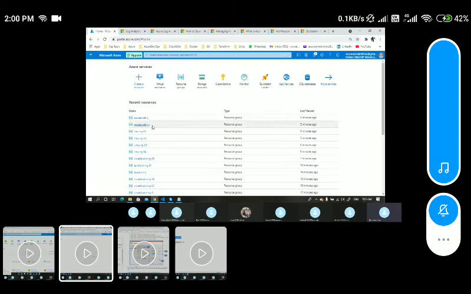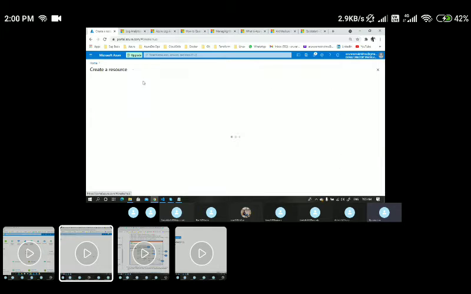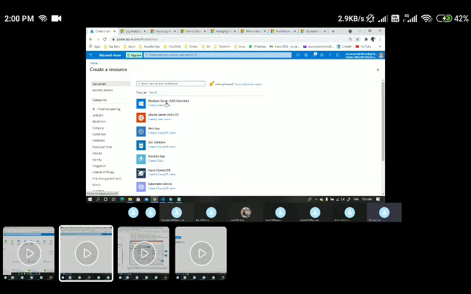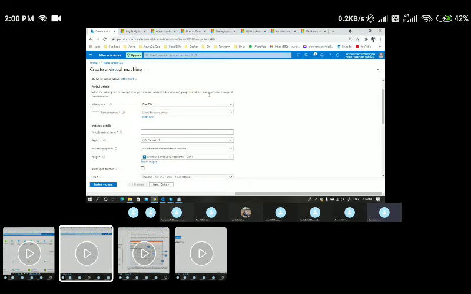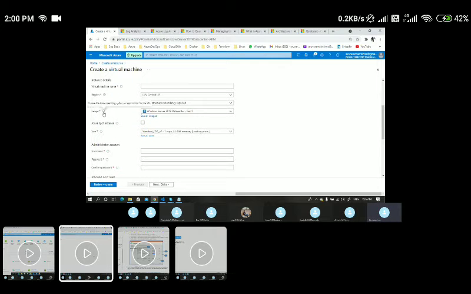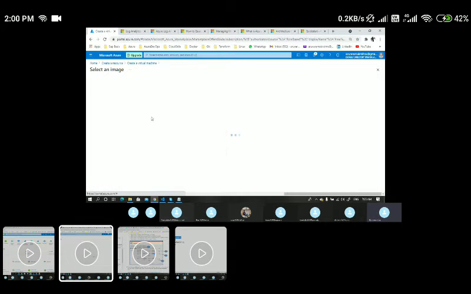Okay, so let me quickly show you that also. Say, for example, if you already have an image created, when you are going to create a VM, you can just go to the VM, and within this particular image tab, under this image, we are going with the default images. Now what you can say is, see all images.